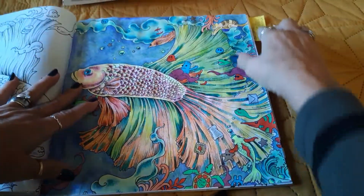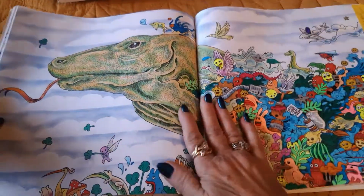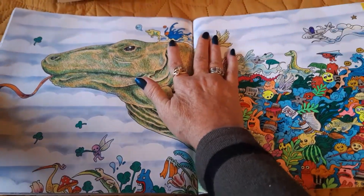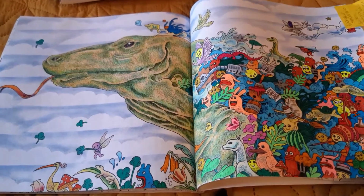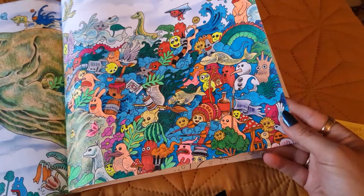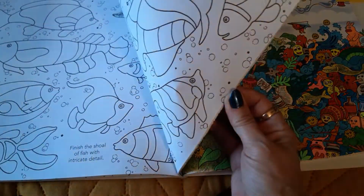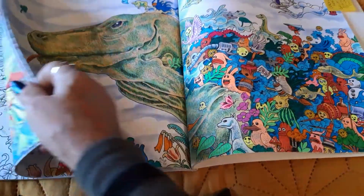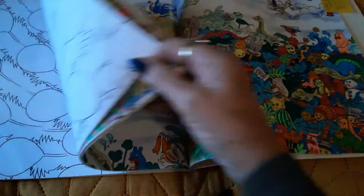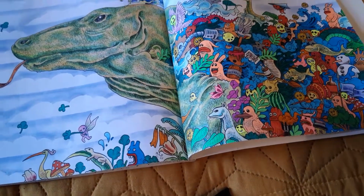Oh, no, duh. This one I've already done. See what I mean? I did this big double page spread here because I'm trying to use up all my gel pens, and I have been since the summer. So I've been going through the book and adding gel pen. I won't be able to find it now that I'm looking for it. You'll have to trust me, guys, but I've been going through the book and just adding gel pen to these little doodly-doos